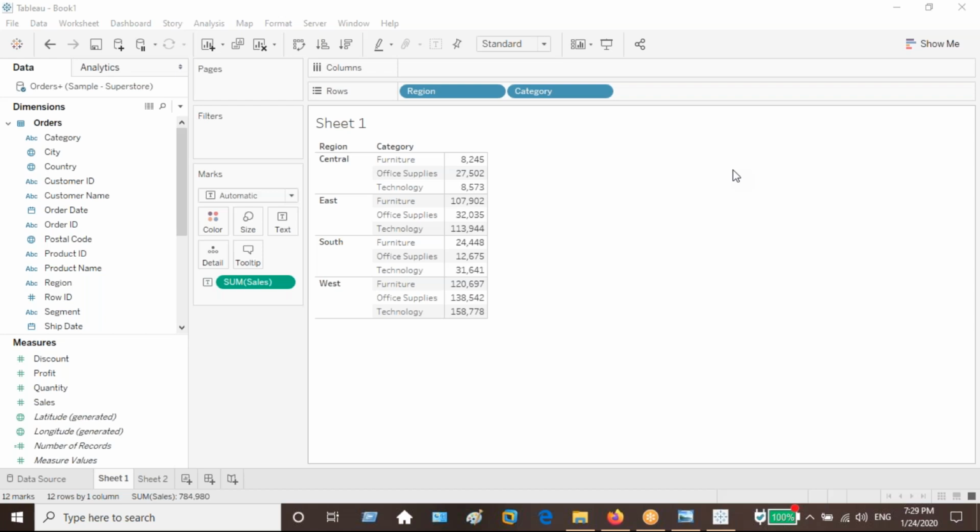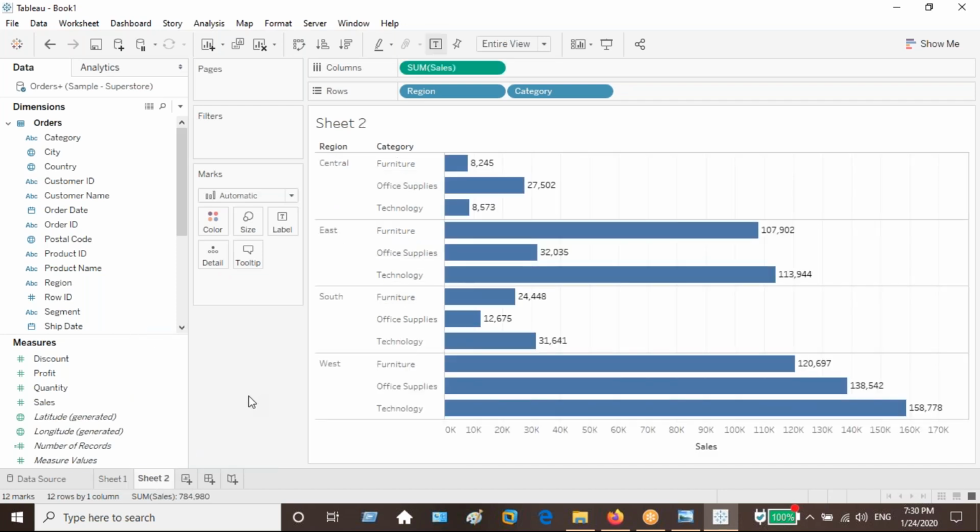So just imagine if you have thousands of records like this and you want to do analysis with that, how much time are you going to take? 80 times. So it's like a never-ending process sometimes, based on the data you have, correct? So if you convert the data into a chart like this,